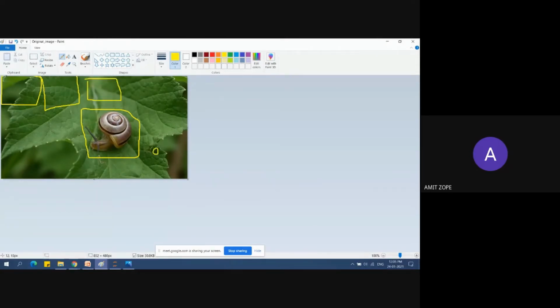Why until here? Because the template matching method only matches the top left corner of the template based on this whole region.